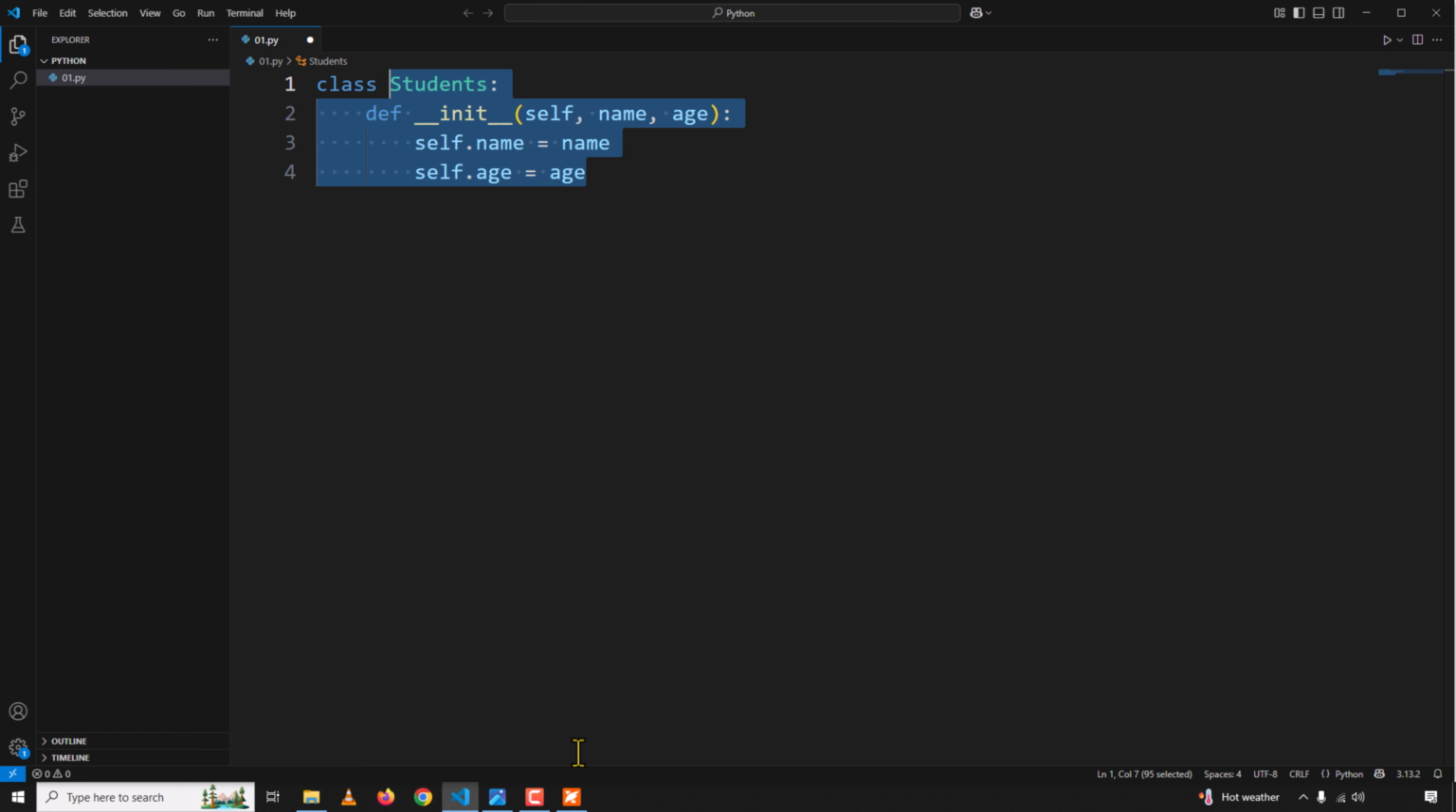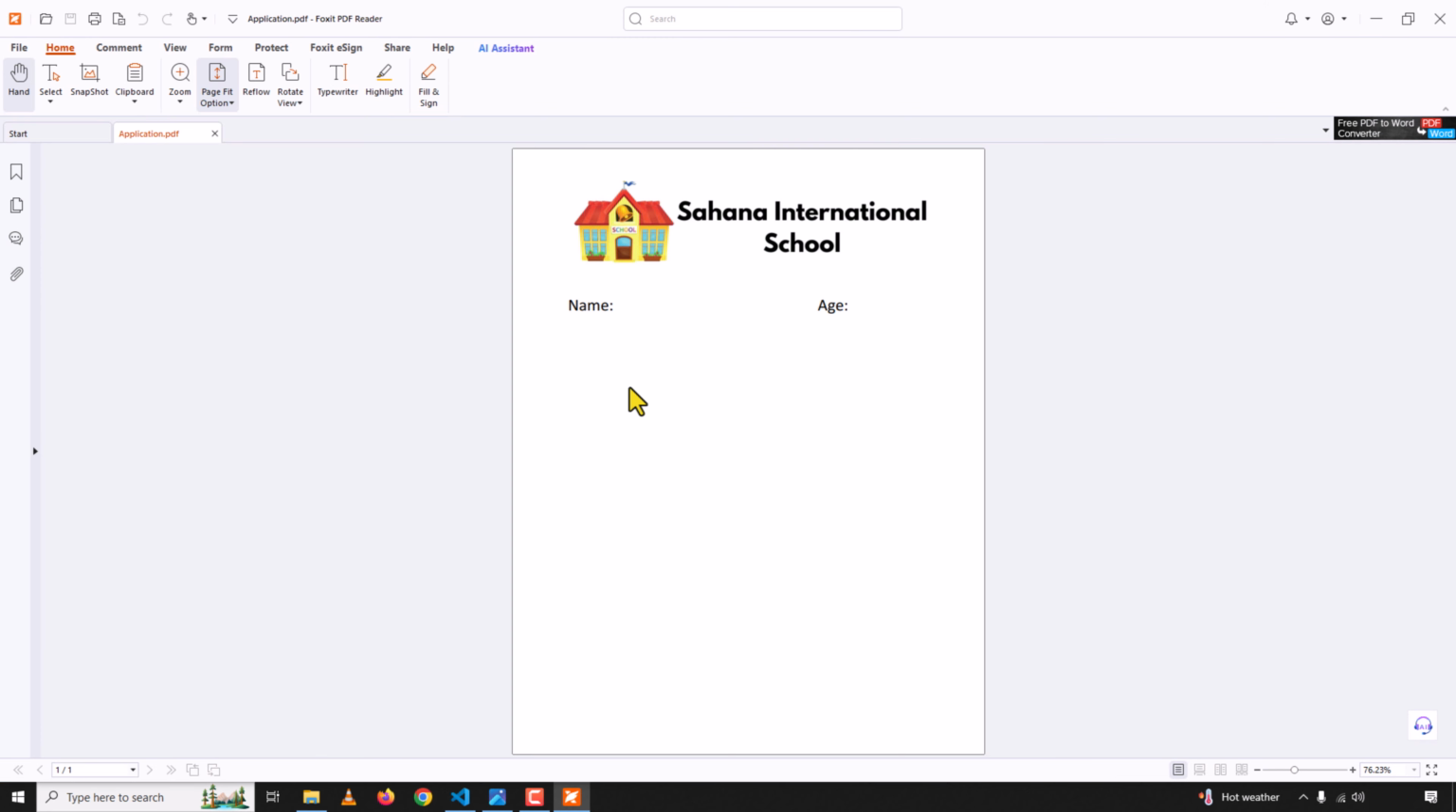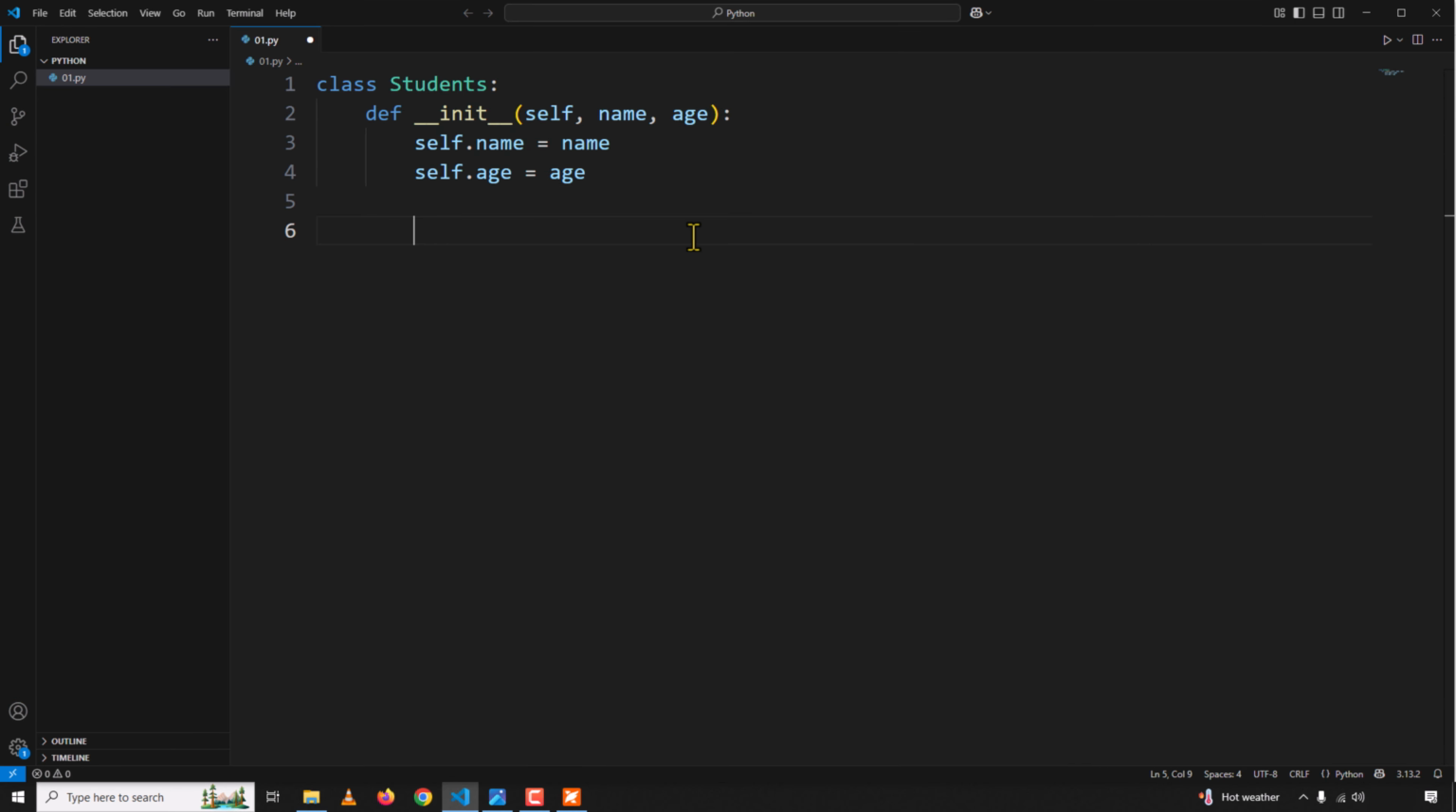Okay, or in other words, what we have done is we have created this template. Now let us go ahead and create two objects from this, or in other words, let us take two printouts of this template to give it to two parents. Alright, so I will say